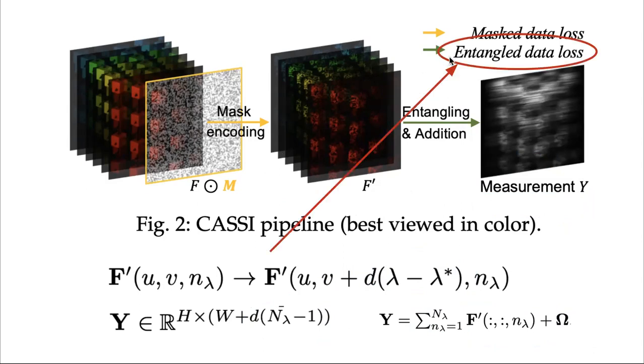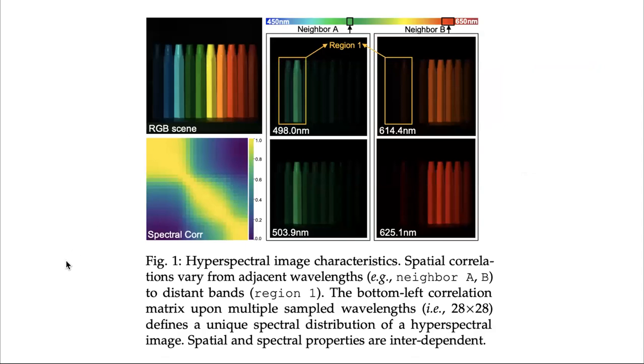Because of these, it introduces the second challenge, which is the entangled data loss. One important property is the spatial correlation. This spatial correlation varies across adjacent wavelengths. So like here, in the neighbor of A, which is in the green area, there are two wavelengths here, and you can see here